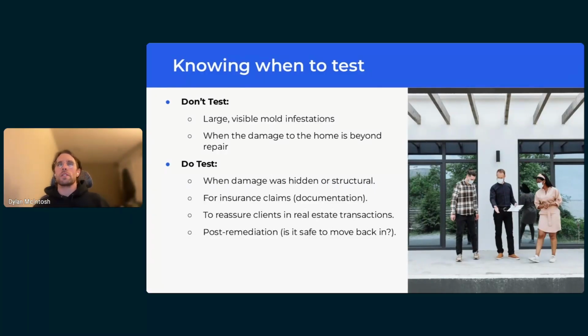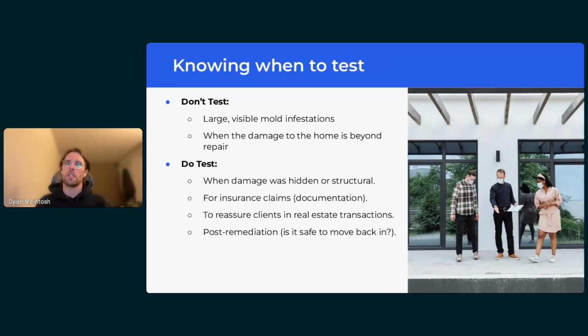So part of doing mold assessments and mold testing is knowing when and when not to test. If you're coming into a home that's been severely water damaged and there is large, widespread, visibly noticeable mold growth inside of the home, you don't really need to specifically test in an environment like that because it is so bad.